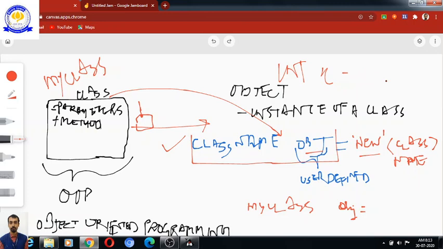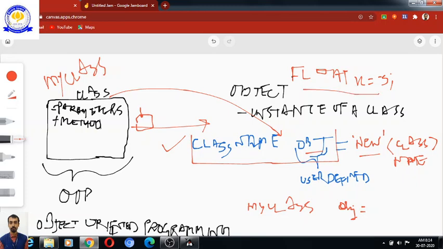But if I have a float x, what are the values it can store? Suppose it can store the value 3.14, and it can also store the value 3. It is an integer value, a whole number, but still the float x can store it.